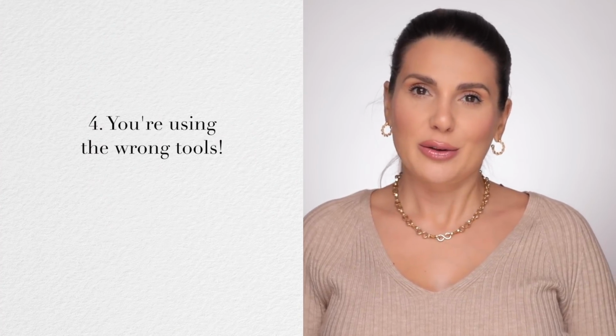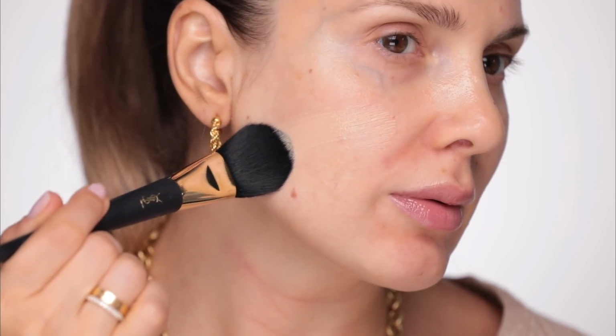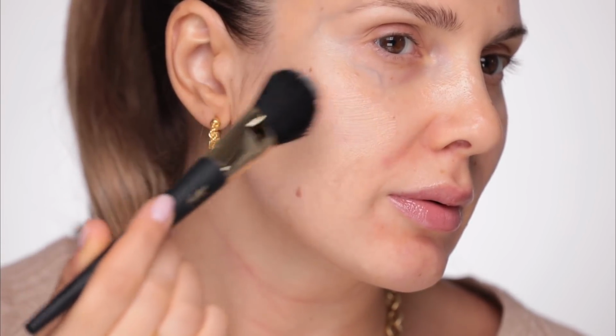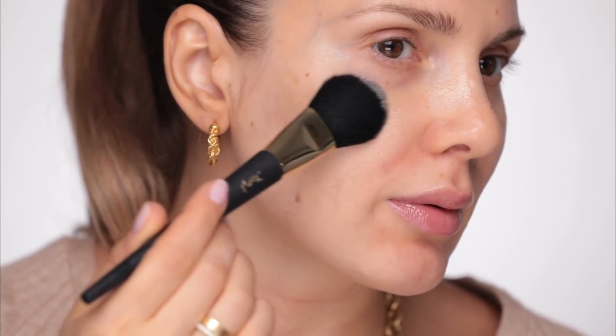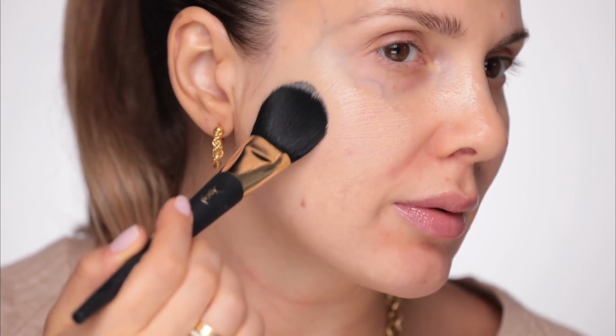Number 4 is using the wrong tools. For example, the flat brush. The flat brush is amazing to just take the foundation and literally apply it on the skin. But it's not a great brush to buff, to spread the foundation on your face, because it will always leave some stripes. Even if maybe you don't see it, but if you look in a magnifying mirror, like I do all the time, you can see that the foundation was